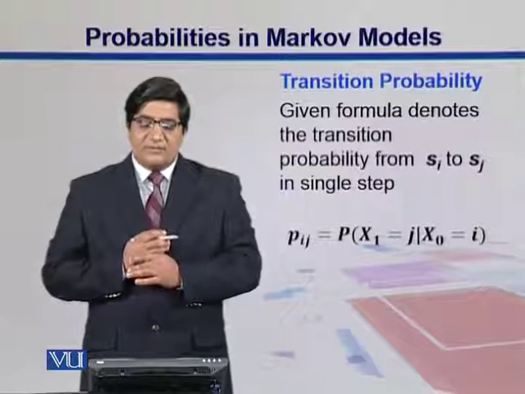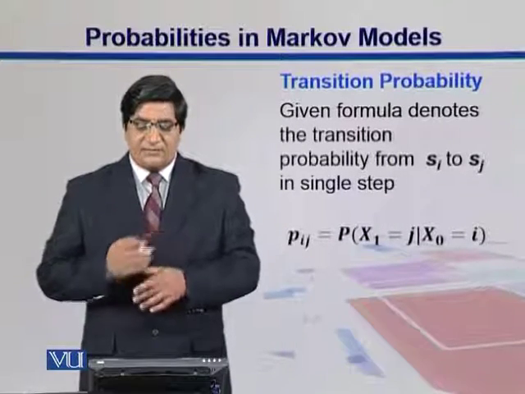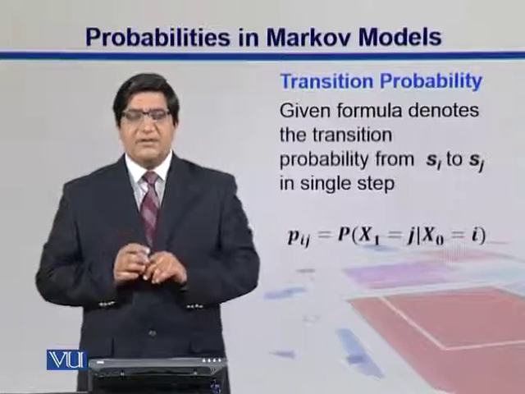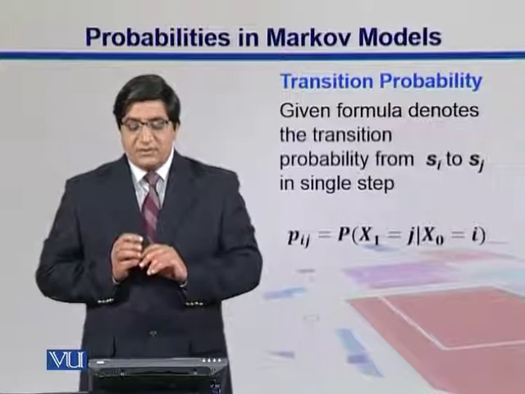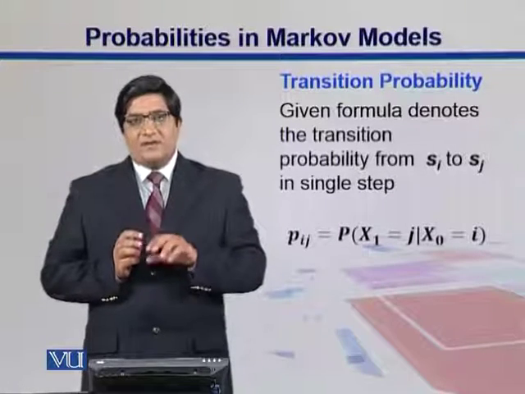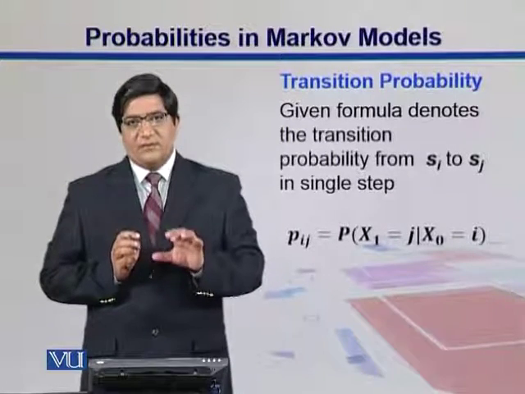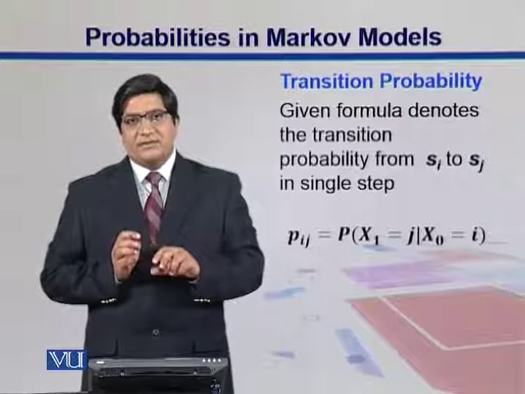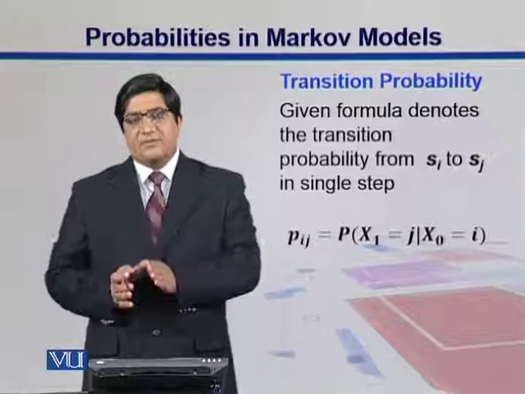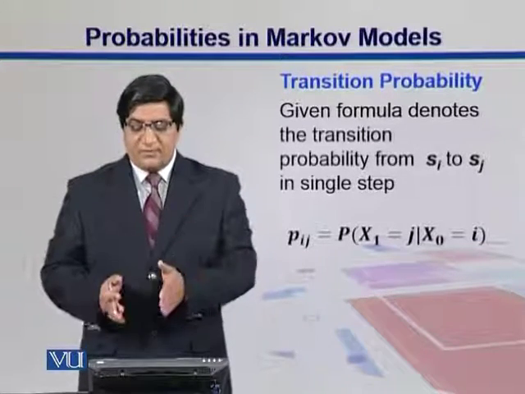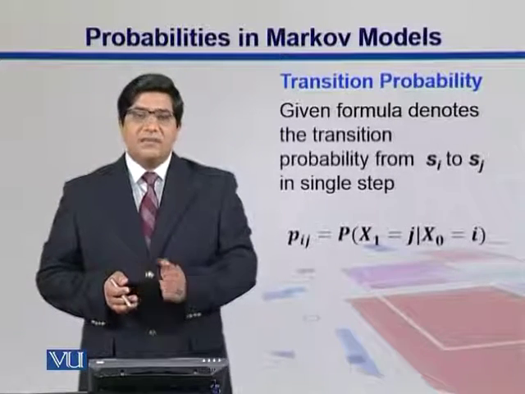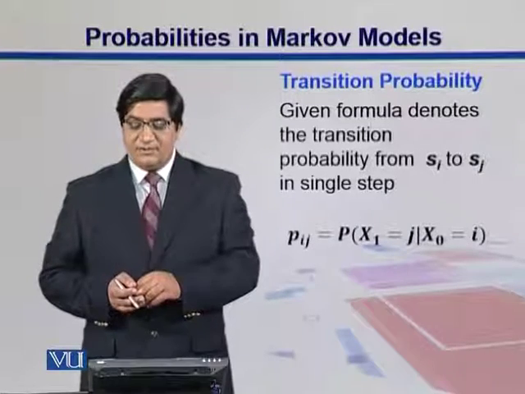So the formula which denotes this probability is given by this equation. We can put Pij, and we can use conditional probability here. We talked about that in a previous section. So we put P of X1 equal to j, given X0 was i. So we can move from one state to another, and the probability of this movement is actually a conditional probability of the present state, which in this case is X1 equal to j, given that we have already seen X0 equal to i.